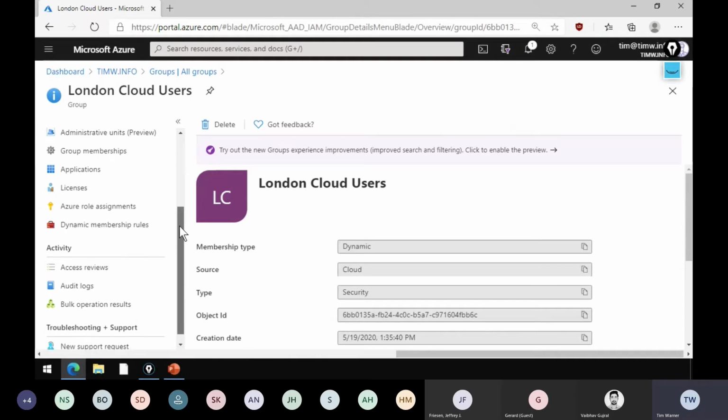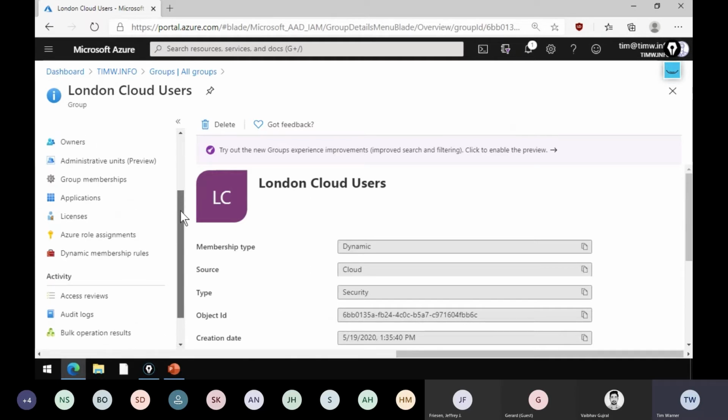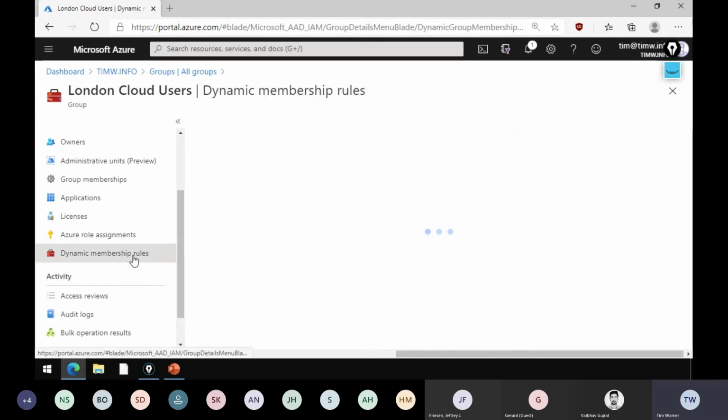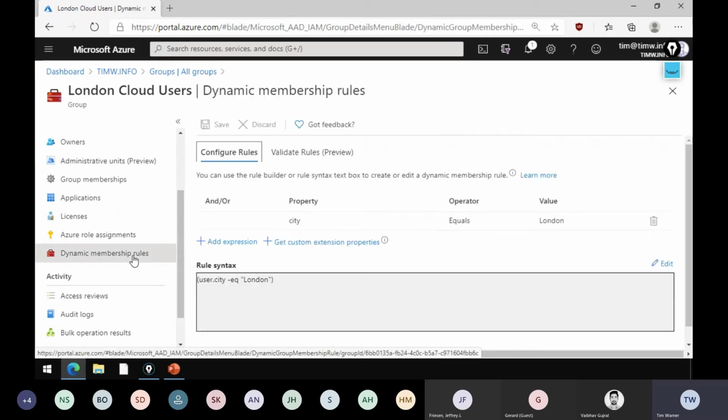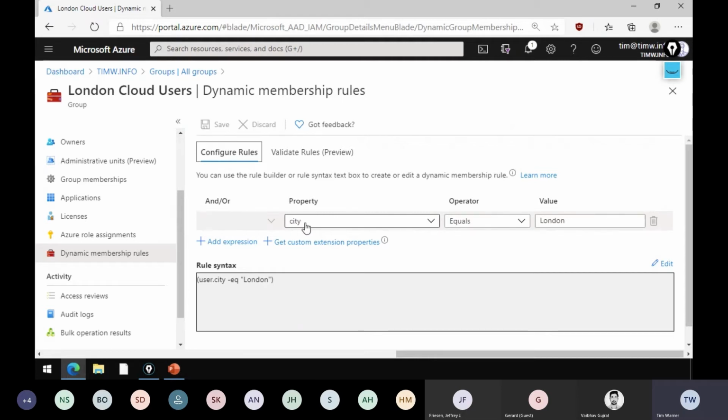But in Azure AD groups, there's a couple other neat things you can layer on there to make that even easier, automated. Specifically, if you create the group as a dynamic group, you then determine by creating a membership rule how Azure will populate it. That is, when you create a dynamic group, you can't even add users manually. You have to let Azure do it. And it boils down to an evaluation based on Azure AD user properties. So in this example, I created a London Cloud Users group that looks at the city property, and if it equals London, the user is automatically populated into this group.